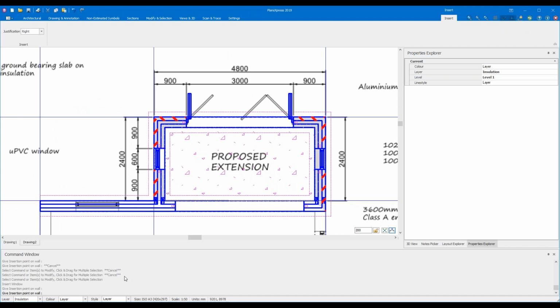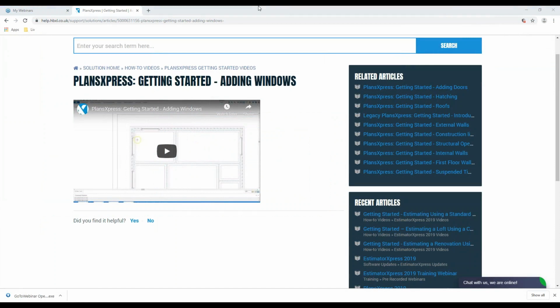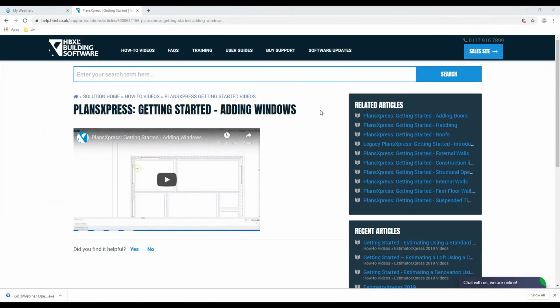If you bear with me just 1 second, I will look up a video which shows you exactly how to do that. Okay, so I have just opened up the HPXL support page. It's a good prompt to show you this actually. If you go to